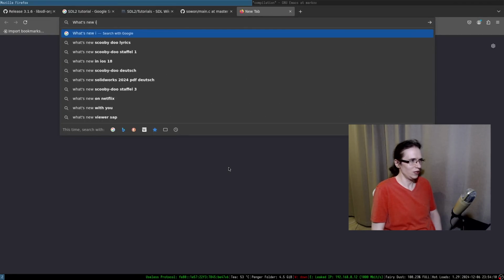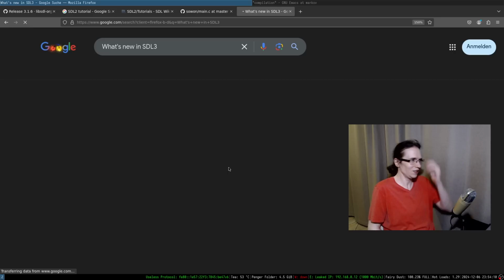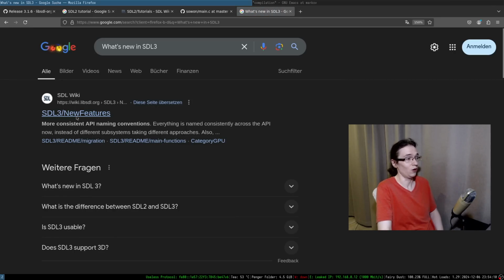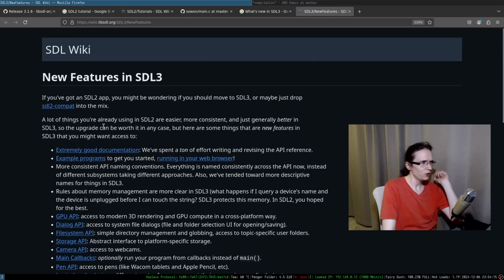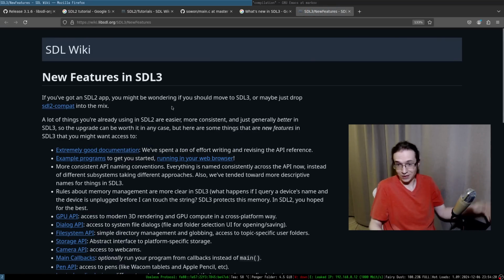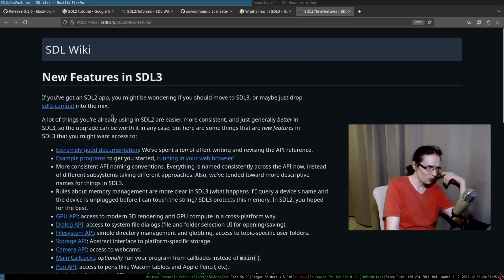Okay, so let's actually Google it. What's new in SDL3? Because this is not immediately apparent. Okay, so here are new features, right? If you got an SDL2 app, you might be wondering why you should move to... Exactly! That's a good question, thank you. A lot of things you've already used in SDL2 are easier, more consistent, and just generally better in SDL3. So the upgrade can be worth it in any case, but here are some things that are new features in